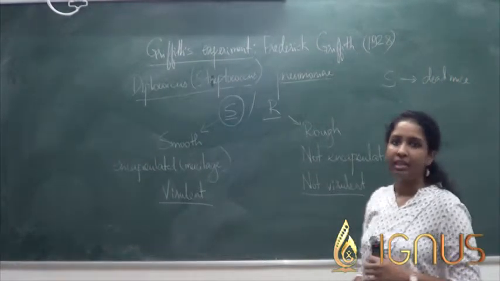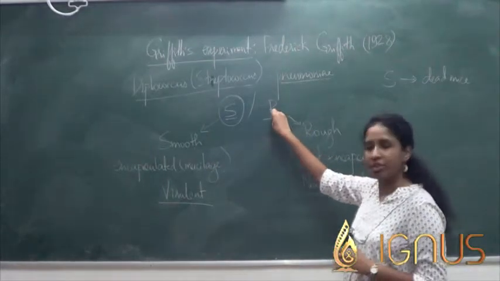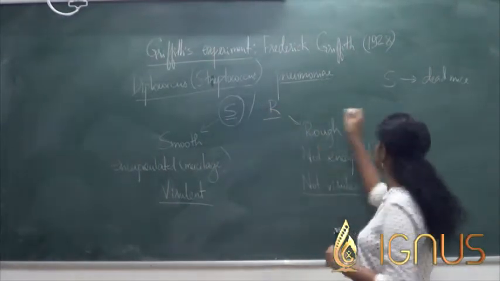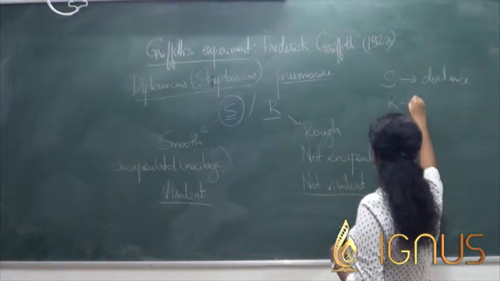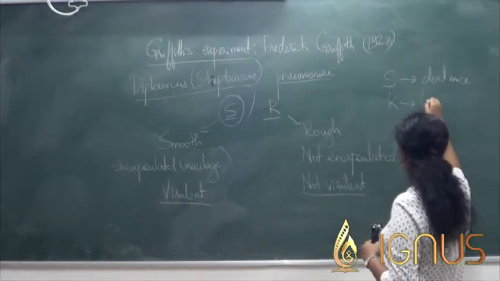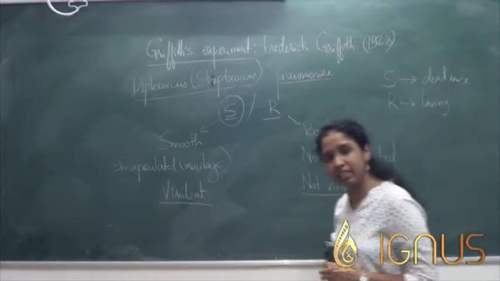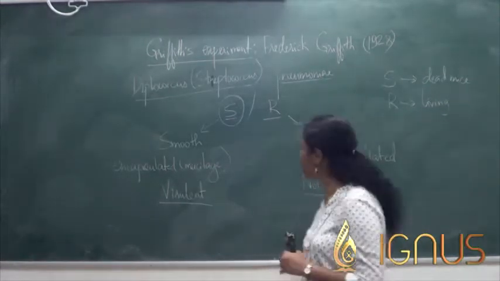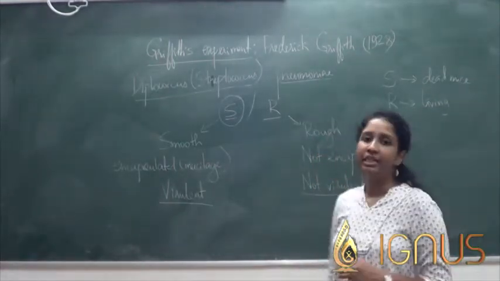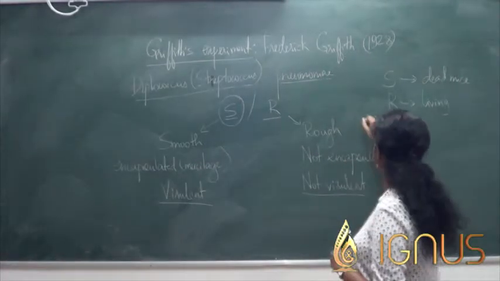Next, he infected the mice with the R strain only. When only the R strain was infected to the mice, he had living mice. The mice did not contract the disease, they did not die because of the disease, they were living. The next thing he did was to heat kill